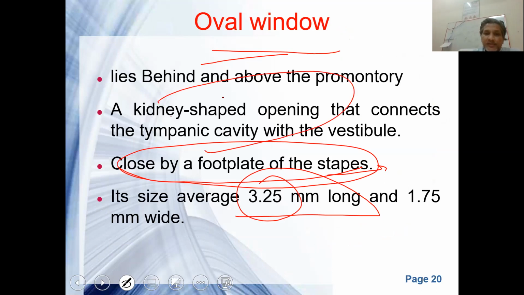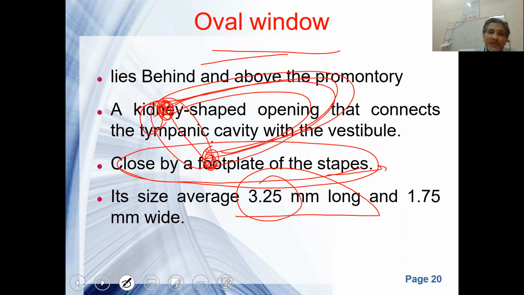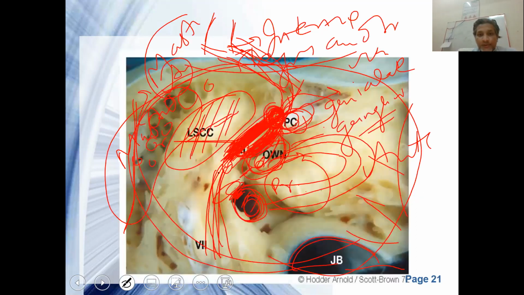If you can imagine that we stretch the cochlea in this fashion, this end will be closed by the footplate of the stapes, and when this fluid is compressed, it is released through the round window. So these are the two openings into the middle ear. You can't compress a fluid, so in order to release the compression, we have another window which is called the round window.